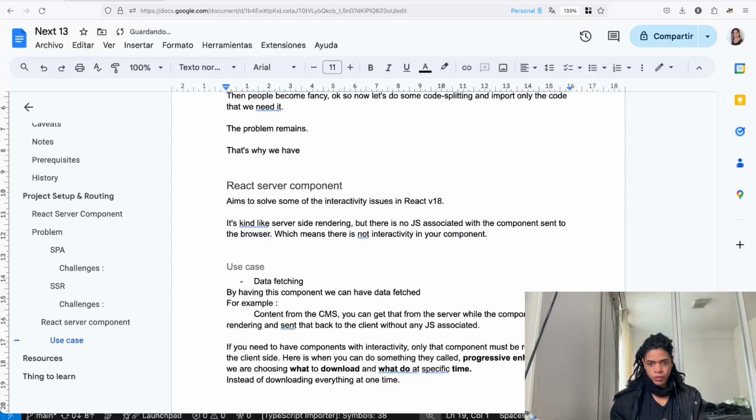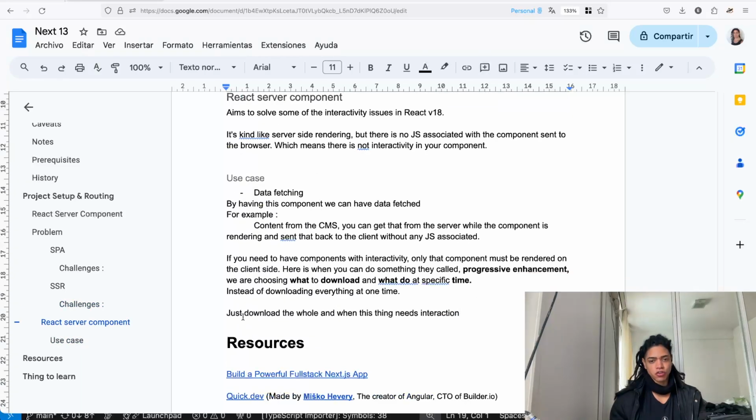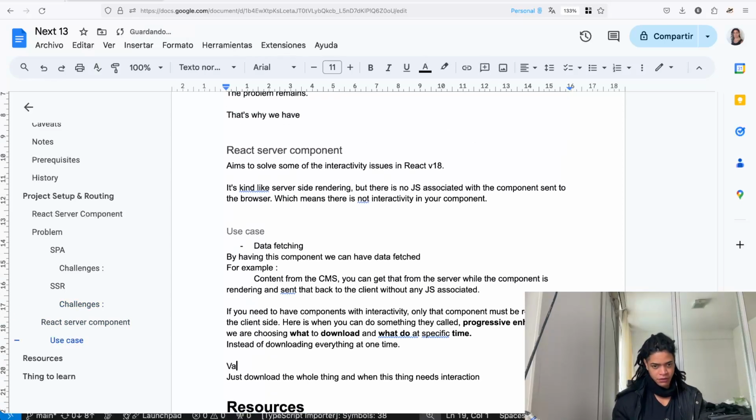So that's kind of, but this one component does. Where now we don't have to do that anymore. We can just download the whole page, and when this thing needs interaction, we can download that progressively. Just download the whole thing. Okay, I think this is the value proposition